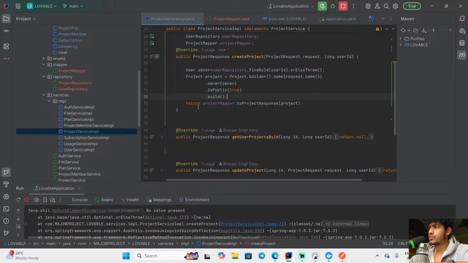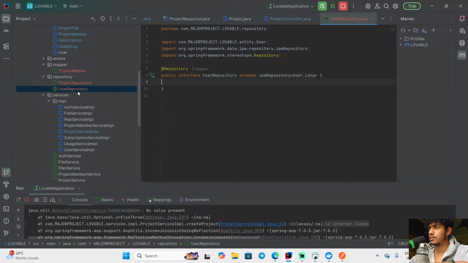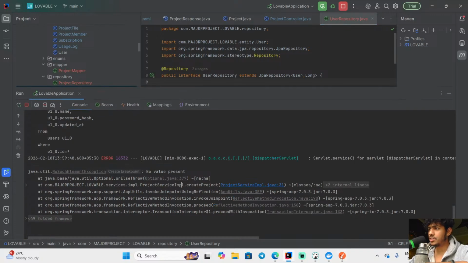I guess so. Error यहीं किसी line में है, just because it is showing me the error with the exception and this or else throw is not working properly. But project mapper is good with this, right? Project mapper does not have any problem with anything, and also the project user repository does not have any problem. But my HTTP